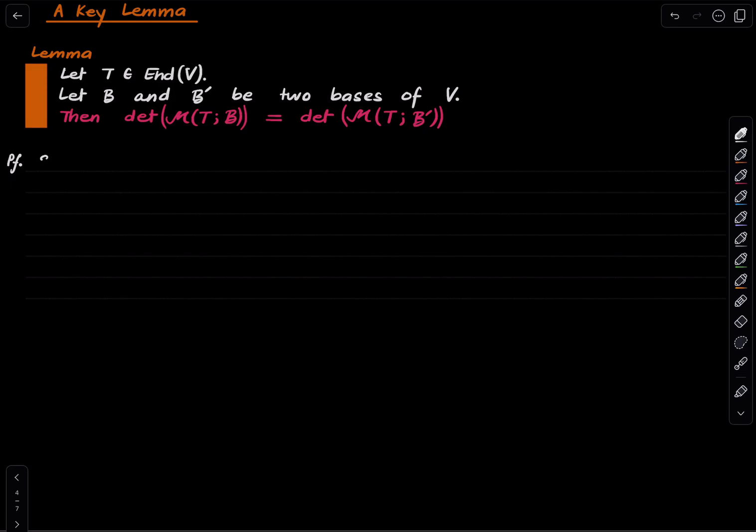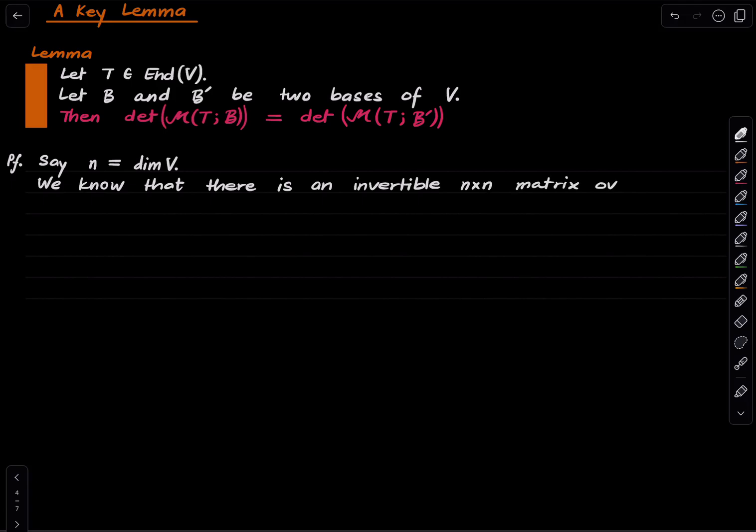So say n is the dimension of the vector space V, and we know by change of basis that there is an invertible n cross n matrix over F, where F is the base field of the vector space V. As usual, we suppress all of that from this notation. So there is an invertible n cross n matrix P, which is over F, meaning the entries of the matrix P are coming from F, such that